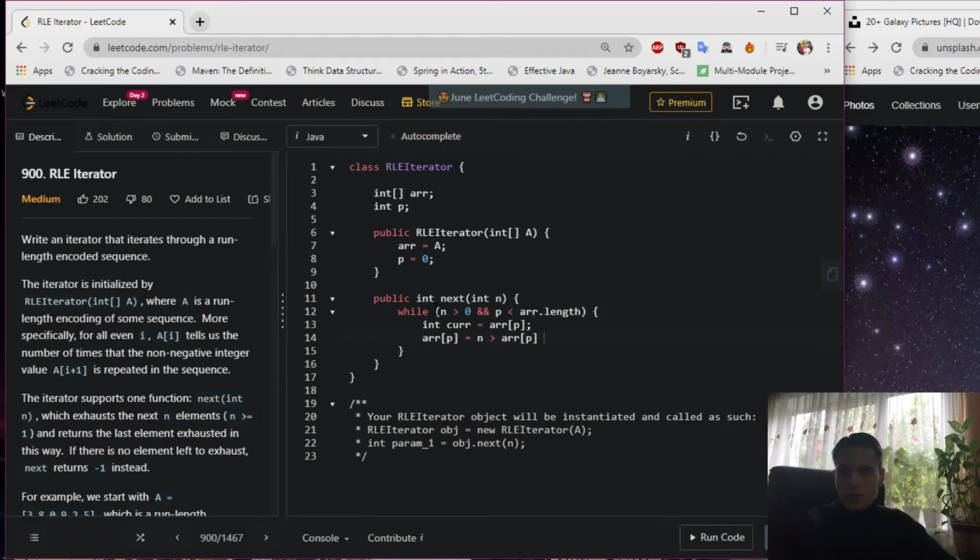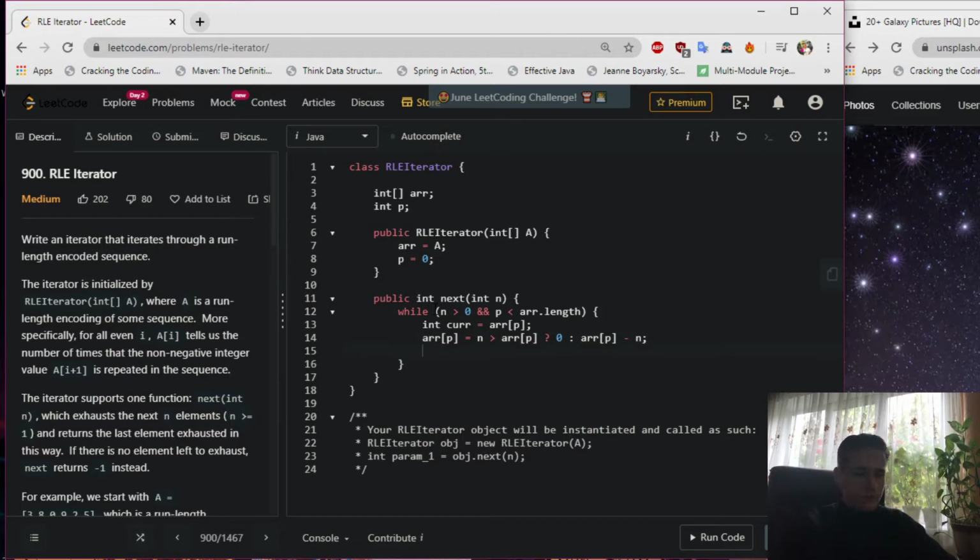Then we need to set array at p to 0, otherwise array at p minus equals n. And here n equals, as you can see,